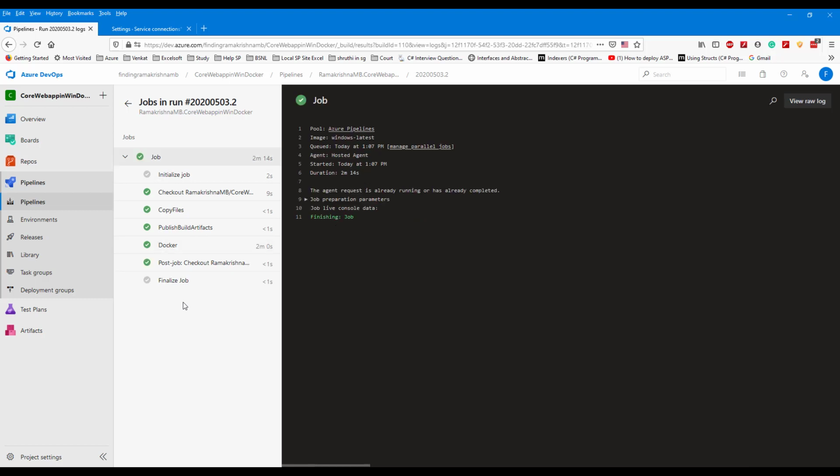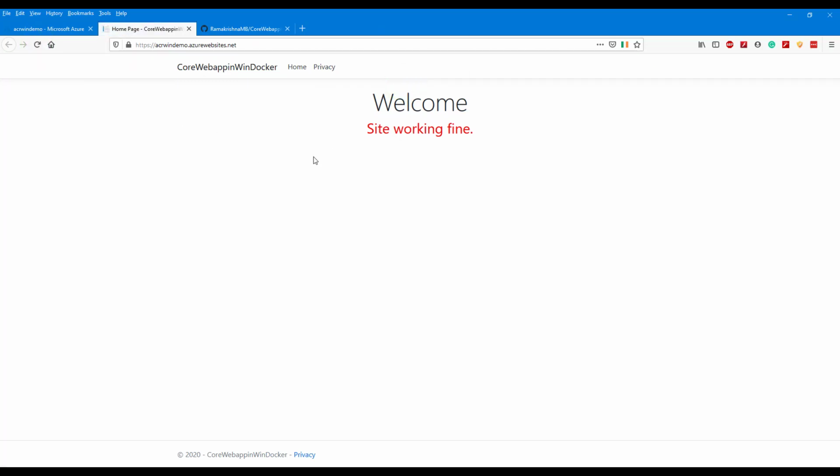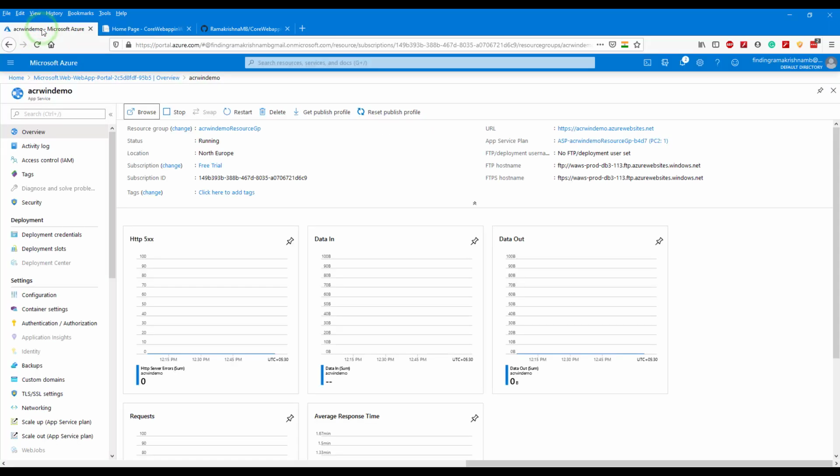The job was successfully executed. Go back to our app service and reload the page. So our site is not reflecting the changes we made in our code. Even though the pipeline executed successfully, it is not showing here. The thing is, we forgot a step here.